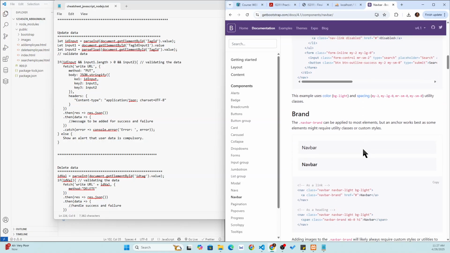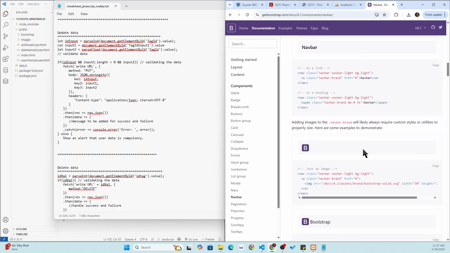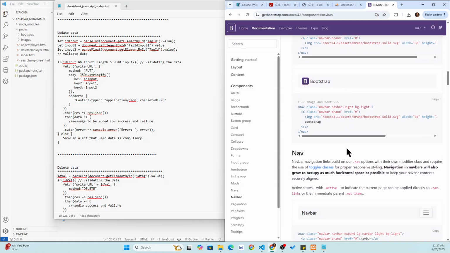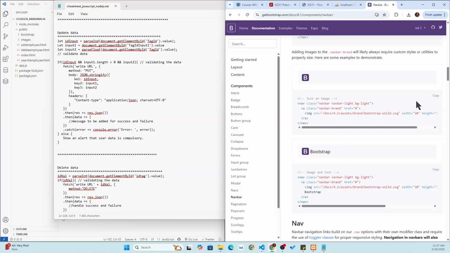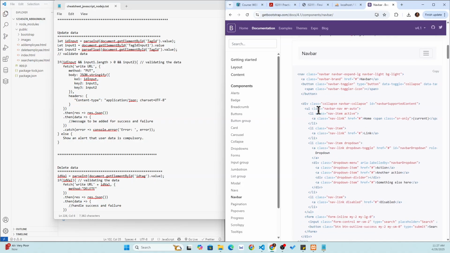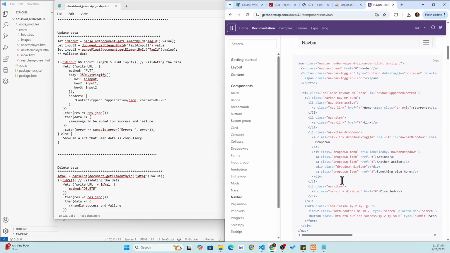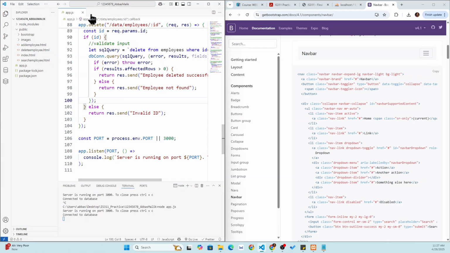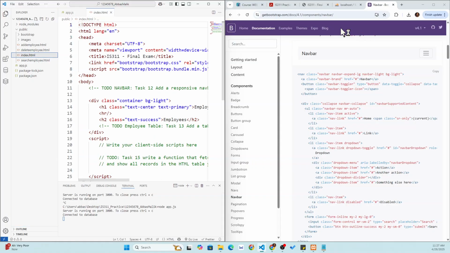So let me first go to Bootstrap. I will just say that I want to copy this part, dropdown and all that stuff. So here we have the navbar. I will say brand navbar, copy this part, and then I come back here and open my index.html